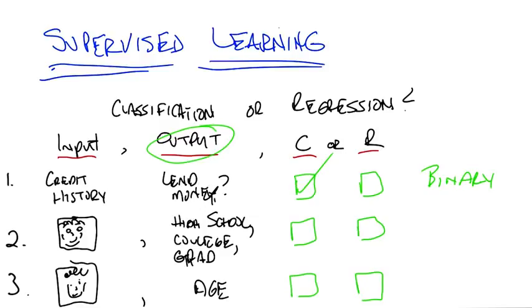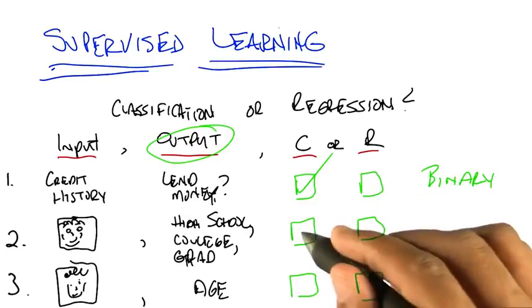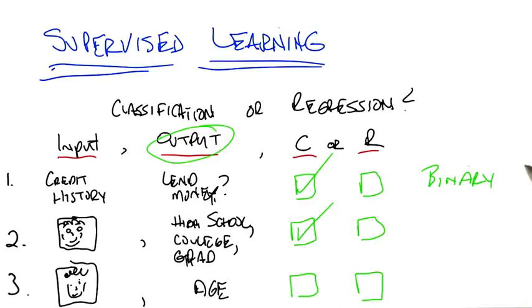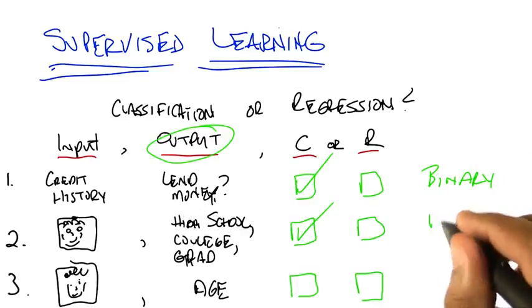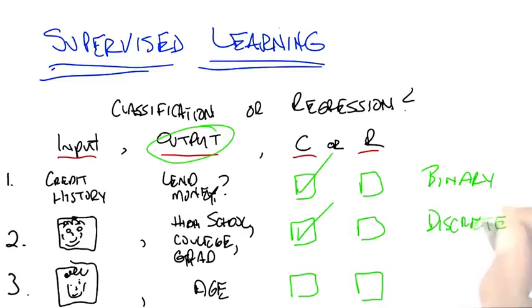Okay, with that in mind, what about number 2? All right, so number 2, it's trying to judge something about where they fall on a scale, high school, college, or grad student. But all that the system is being asked to do is put them in one of those 3 categories, and these categories are like classes, so it's classification. That is also exactly right, classification. We moved from binary to trinary in this case, but the important thing is that it's discrete. So it doesn't matter if it's high school, college, grad, professor, elementary school, any number of other ways we might decide where your status of matriculation is. It is a small discrete set.